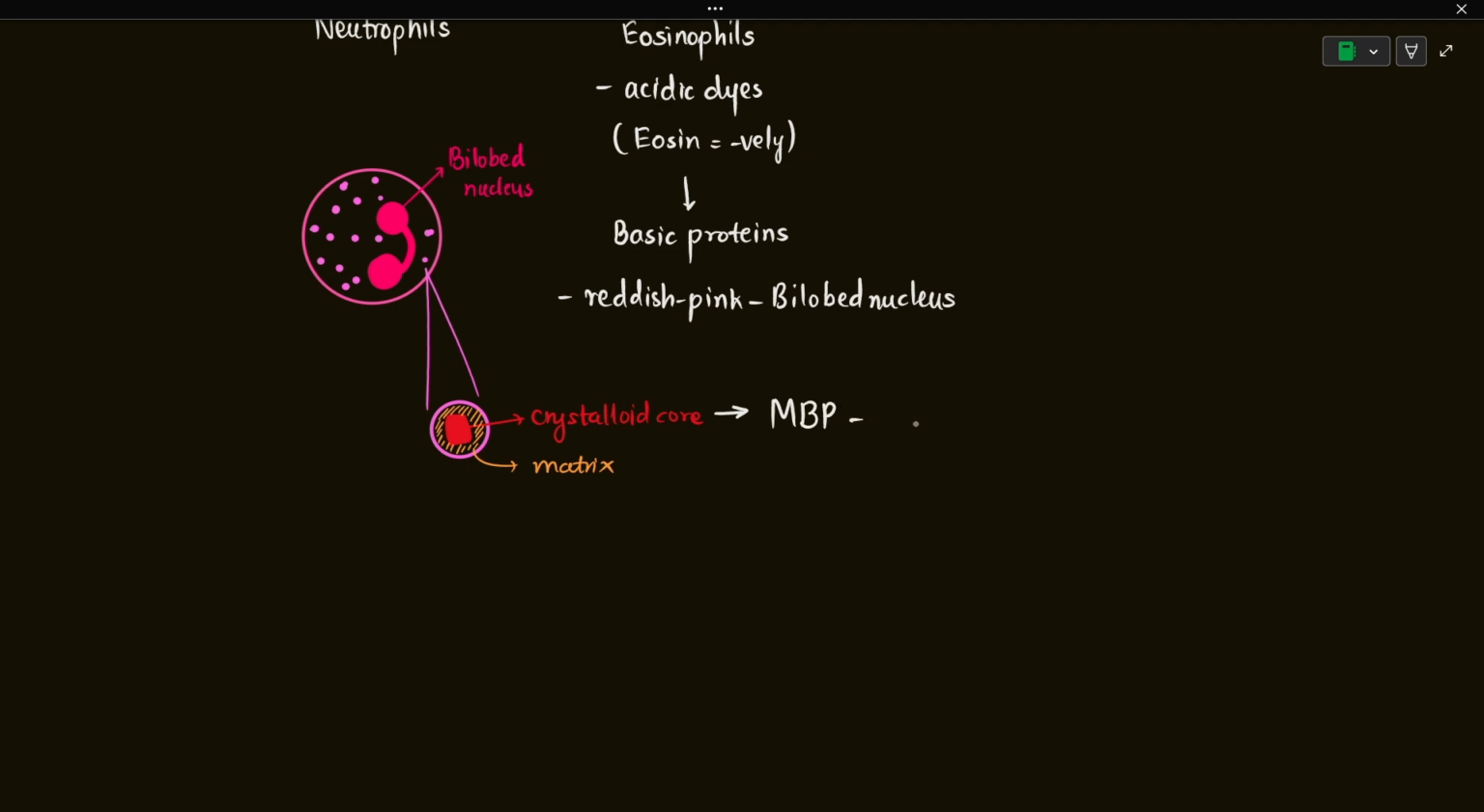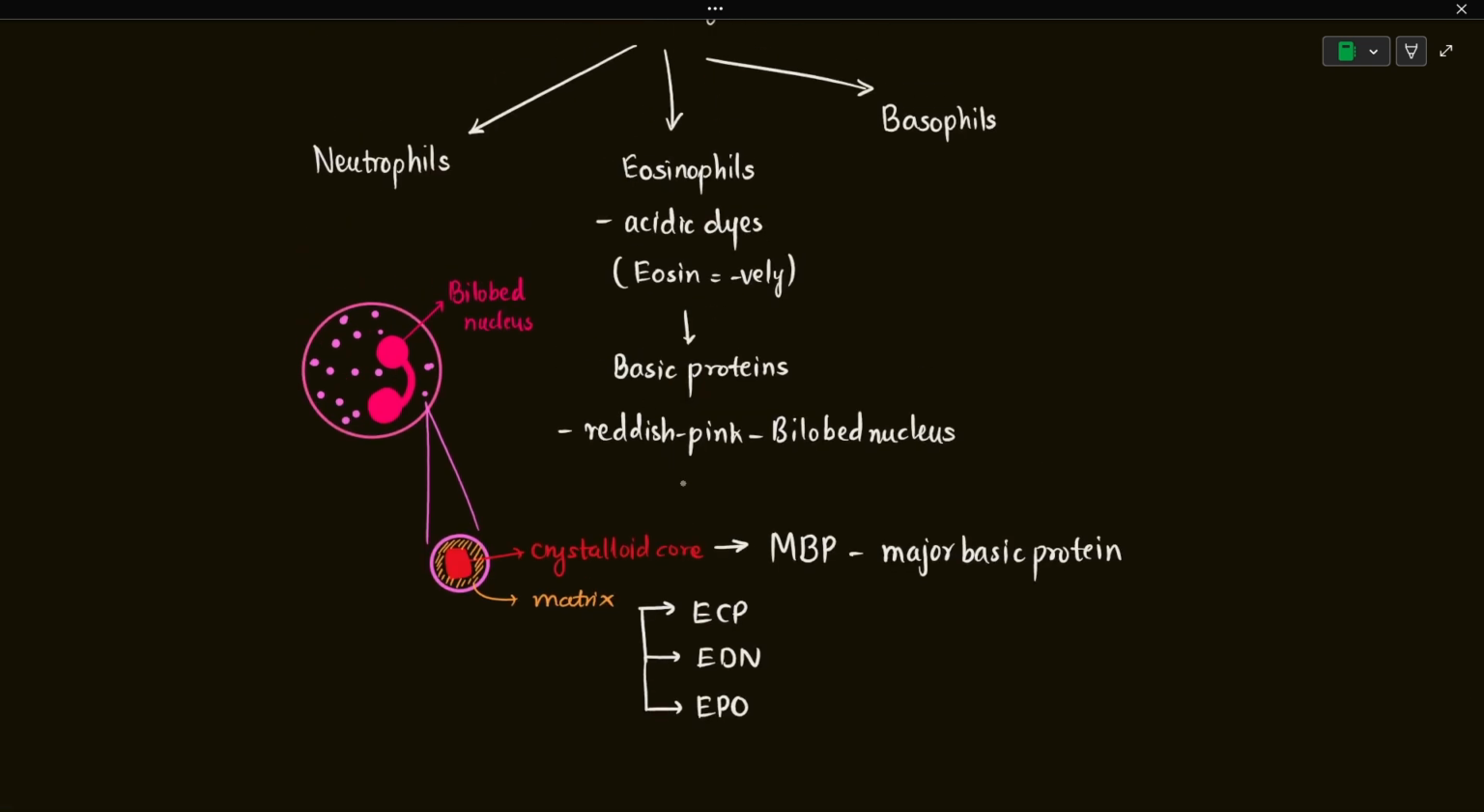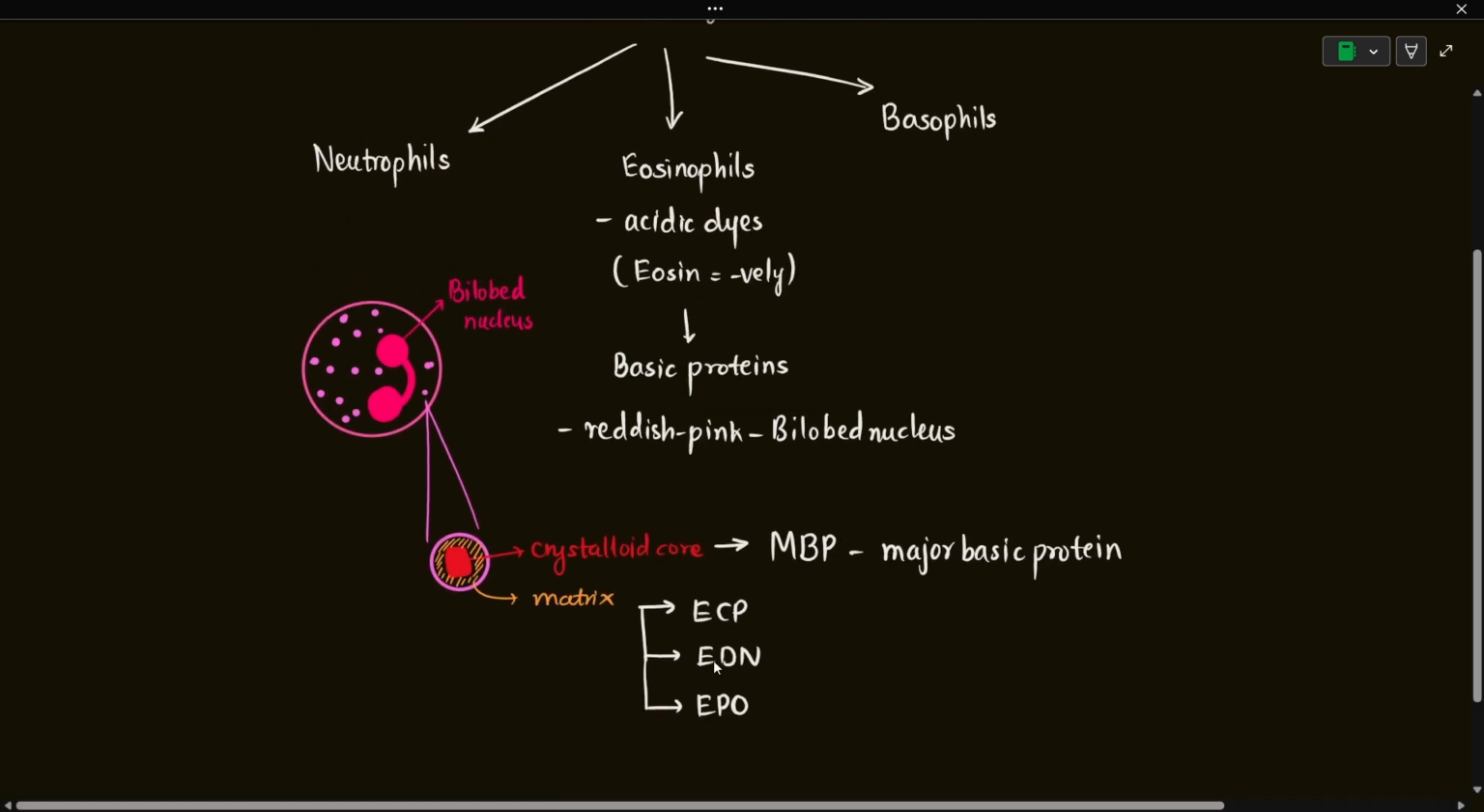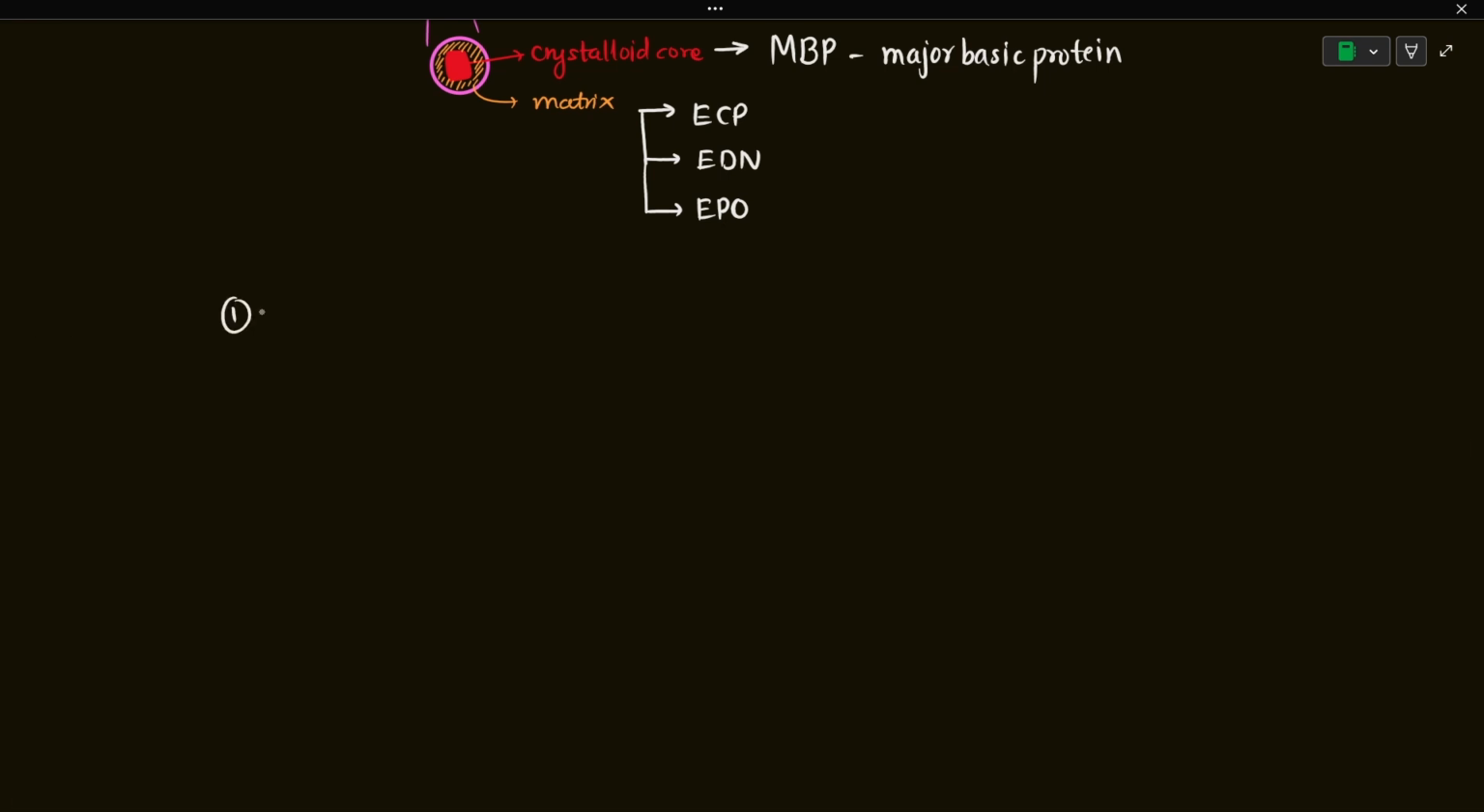So MBP is the major basic protein, which is found in the crystalloid core of the granules of the eosinophils. Whereas the matrix of the granules of those eosinophils has different proteins such as ECP, EDN, and EPO. So we will discuss all of those different types of proteins found in the granules of eosinophils one by one. So the MBP, the first one, is the major